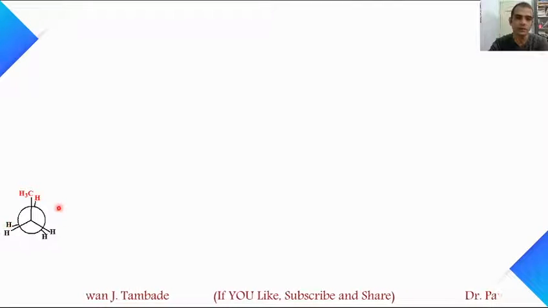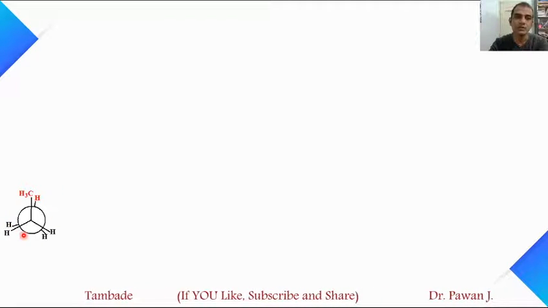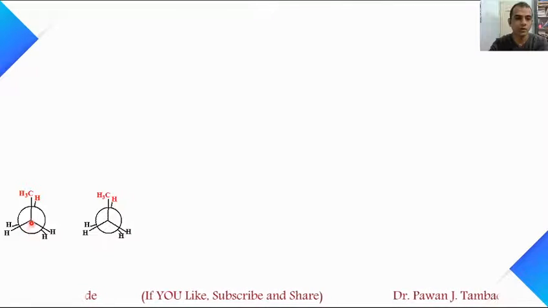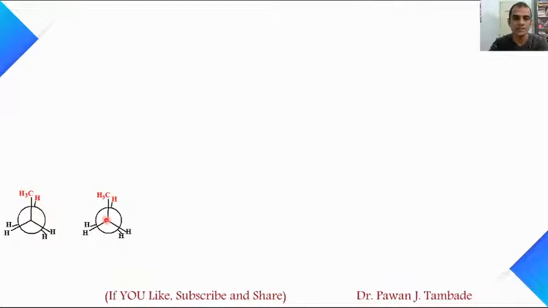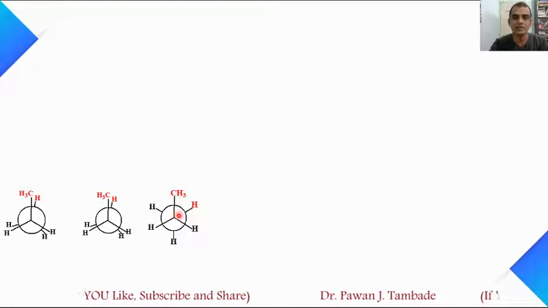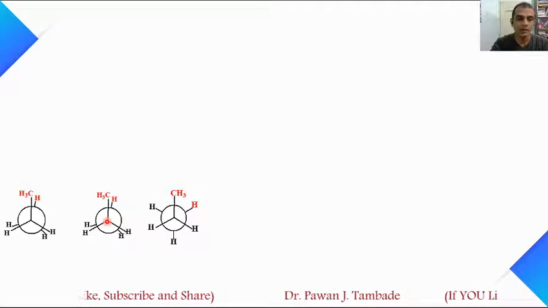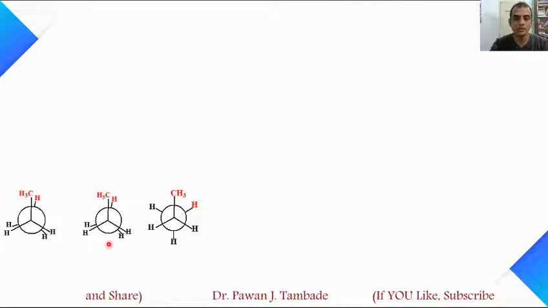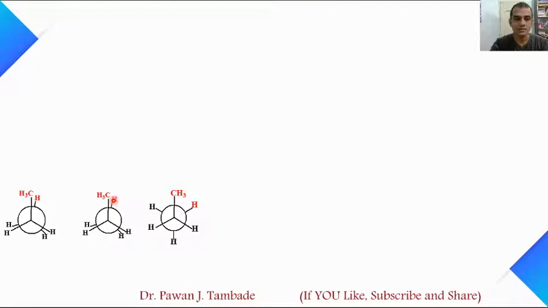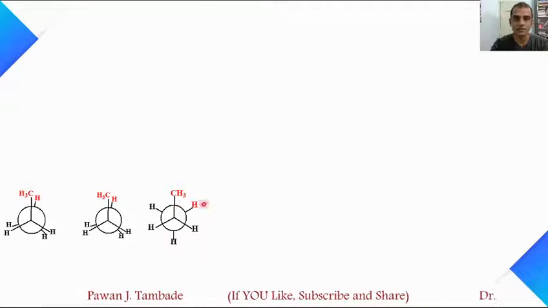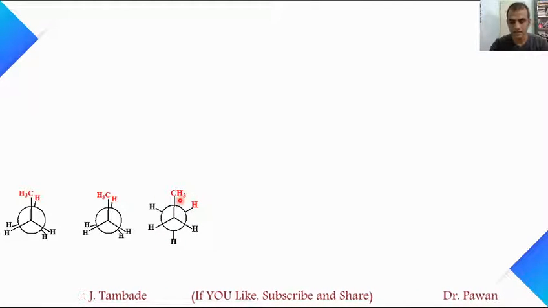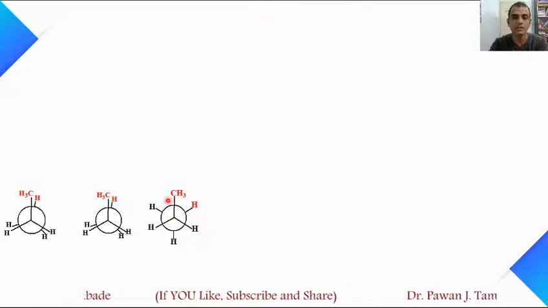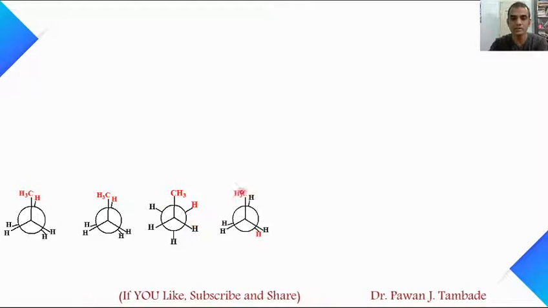Now this is our propane molecule in eclipsed conformation. When we rotate this molecule by 60 degrees, we will get this conformation. The front carbon atom which bears CH3, hydrogen and hydrogen will be intact, and we will rotate this molecule about this carbon-carbon single bond, so that the groups present on the back carbon will move 60 degrees and we will get this conformation. This is the staggered conformation. If you further rotate this structure by 60 degrees, we will get this conformation.